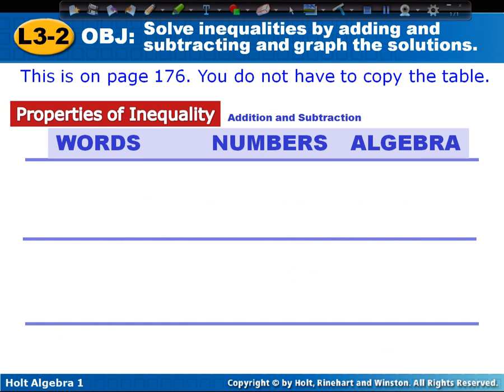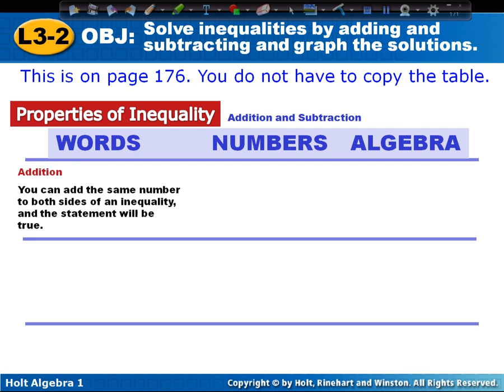So this is on page 176, so you do not have to copy this table because it is in your book, so if you need to look back at it, you can have that in your book to look at tomorrow in class. Properties of inequalities with addition and subtraction. Addition, it says you can add the same number to both sides of an inequality and the statement will be